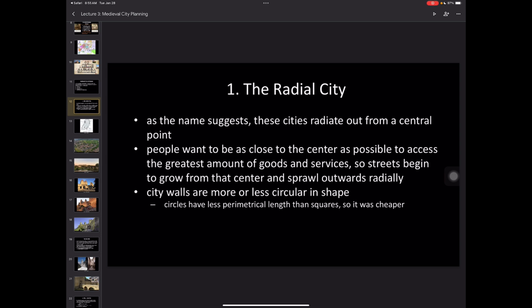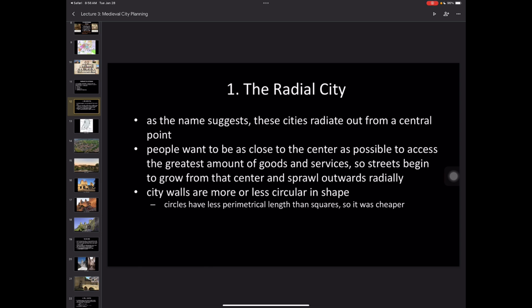And when you don't have a master planner, right, if you live on the outskirts of town, you're going to have to make your road go through all of these existing buildings to get to the center. And so the streets are generally not going to make a lot of sense, which is why if you look at medieval Paris, it's really a maze, right? And even today, a lot of Americans don't really understand the whole concept, and they get lost because it's not a perfect grid. You have to understand how the city works and how it emerged.